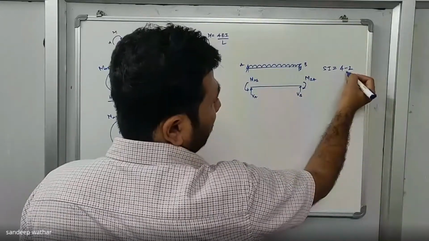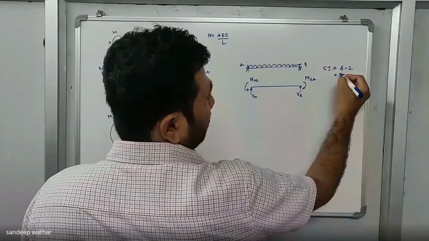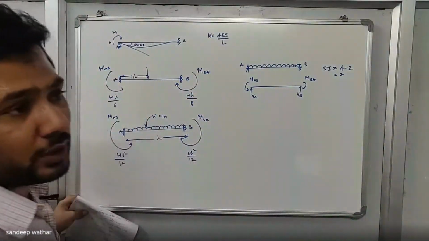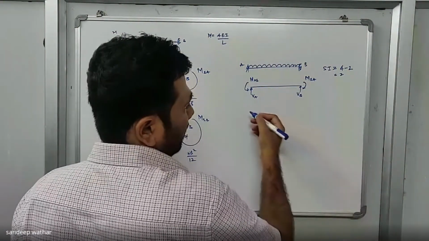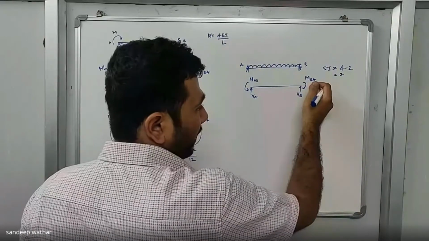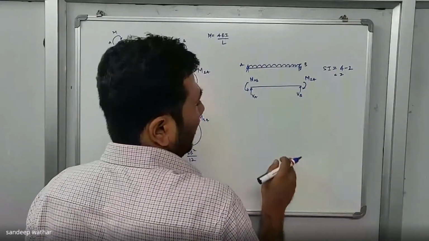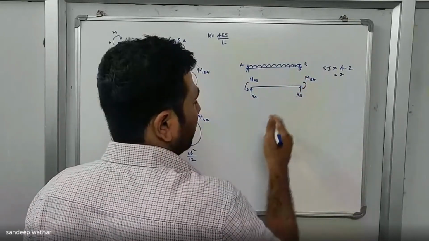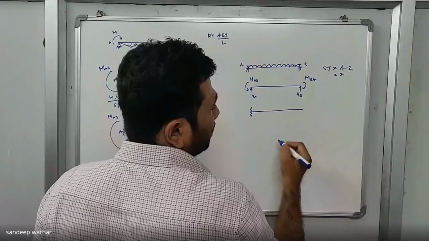We can use these two equilibrium equations. 4 minus 2, I'll get to know how much is my starting indeterminacy, which is 2. If I get this as 2, you need to release two of the reactions, right? So you can release whichever you want. Earlier I had released VB and MBA. You can also release these two, or you can release this also. There is no hard and fast rule to release only this joint. But anyway, we will continue with the same methodology with how we solved previously.